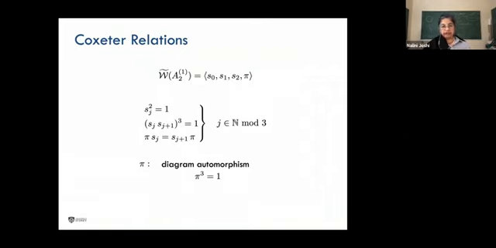What you have here is actually 3 generators, which are given by the 3 reflections across the edges. And then there's the permutation, pi, which permutes these operations. They, in combination, satisfy these properties. Of course, the S squared is 1 because it's a reflection. You reflect once, reflect again, you go back to the beginning. There are relations between the S's because I was working on a triangular lattice. That exponent 3 is related to the angle between the edges. And this expresses the fact that you have this permutation of the indices, and that forms a Coxeter group.